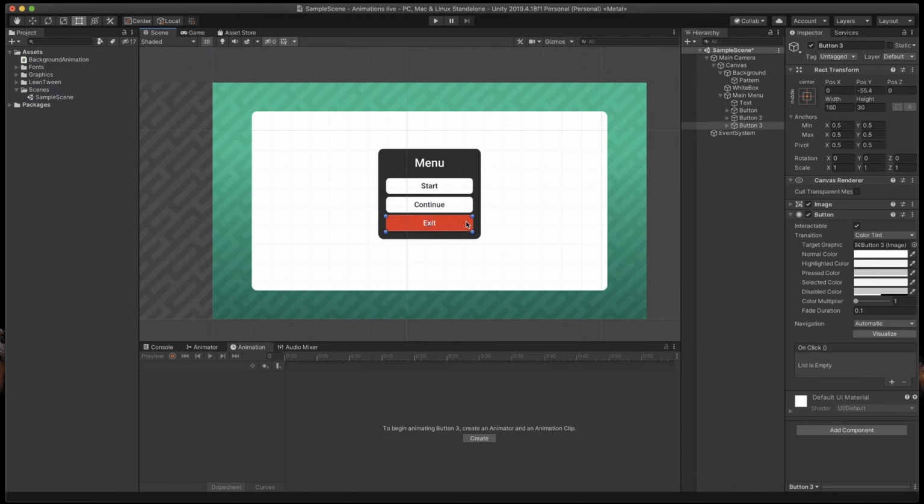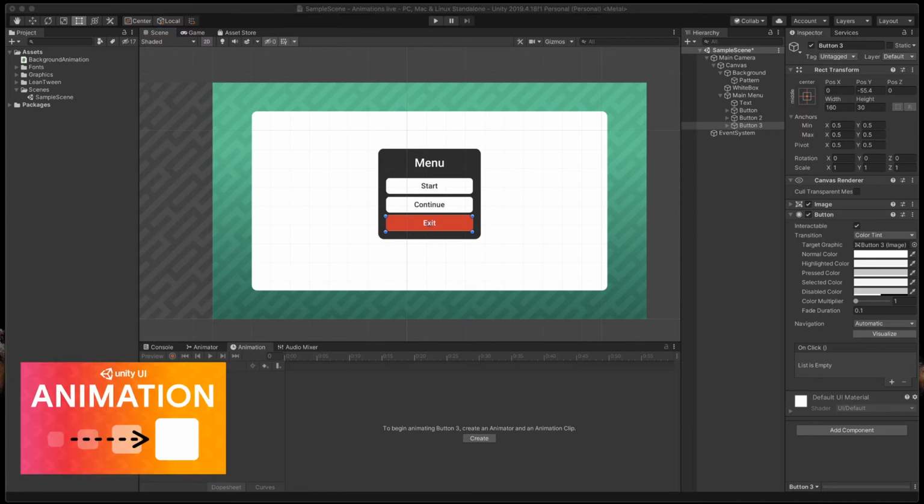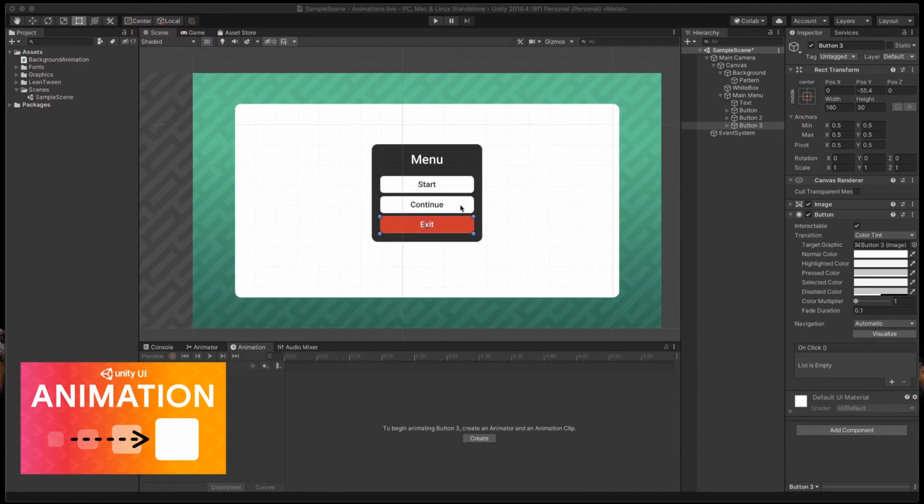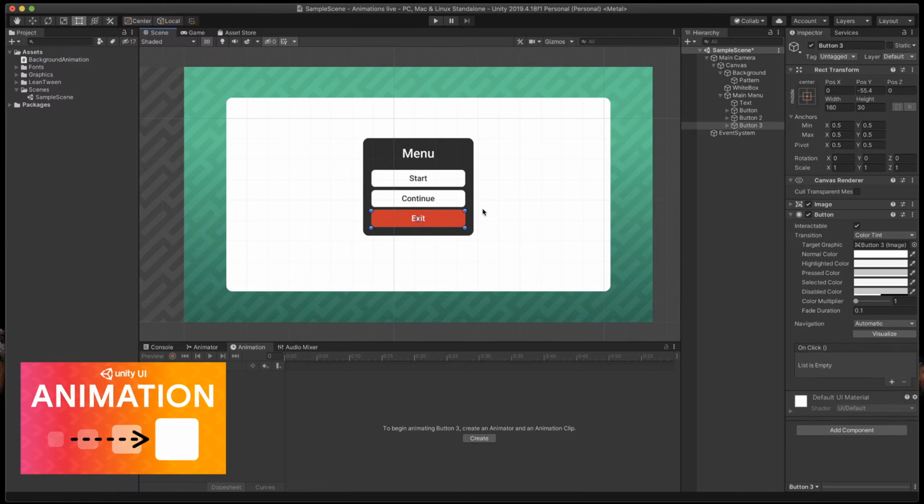So usually, and also in my LeanTween video, this one, I showed you a way to do exactly that with some kind of dialog box that jumps from the bottom, and it was a perfect case for using scripting, yes, for using LeanTween. But this time I'd like to show you basically exactly the same thing, but using Unity built-in animation tools. That's because I'd like to also animate these three buttons separately, which will be a pretty annoying thing